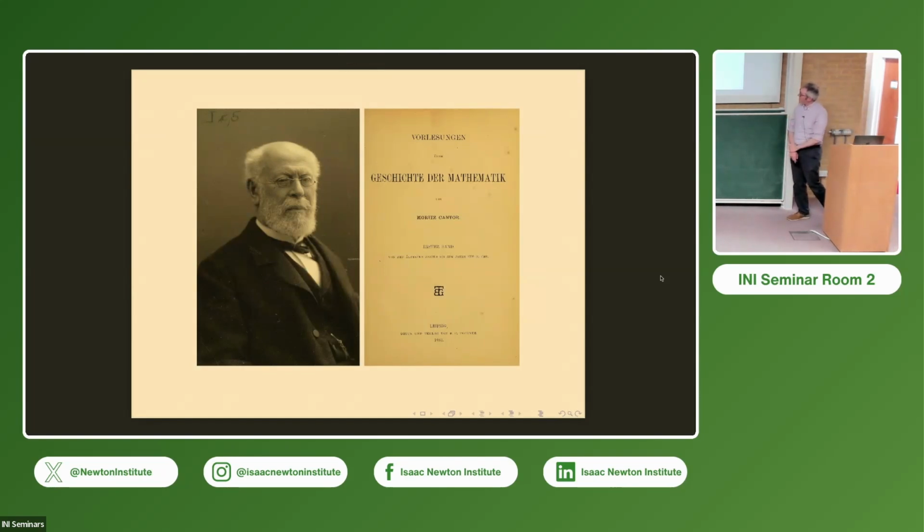And one of the big places where this happens, first of all, is in Moritz Cantor's Geschichte der Mathematik, where he just presents the mathematics that is in the papyrus. And so for many mathematicians, this is their first glimpse of what ancient Egyptian mathematics looks like. And they're actually a bit disappointed in it in some ways, because it's fairly elementary arithmetic. I think that there are interesting things in there, but if you're looking for something more sophisticated, you won't find it.